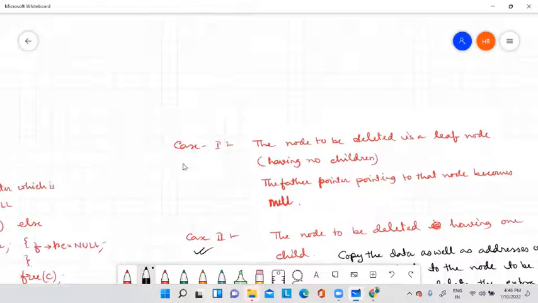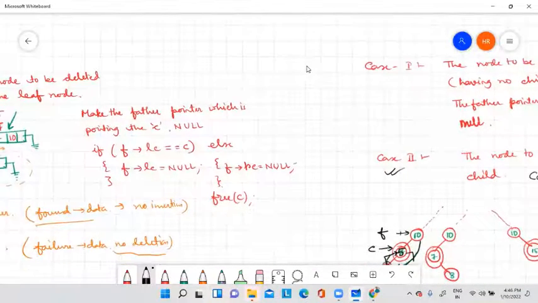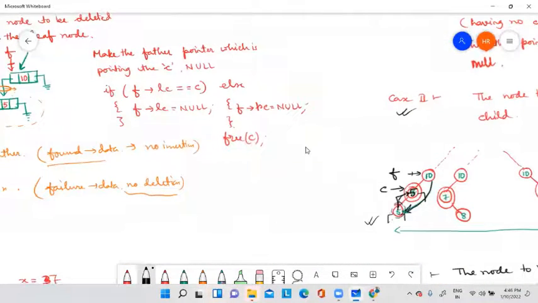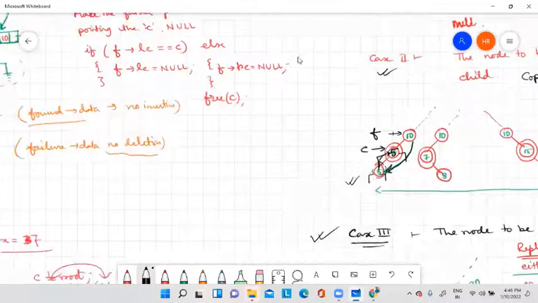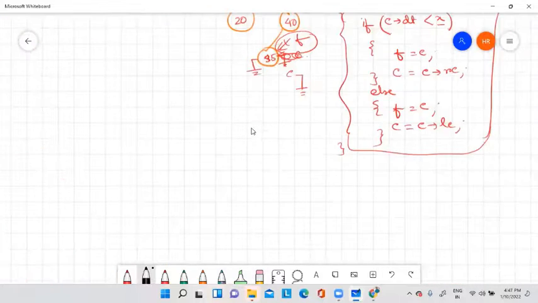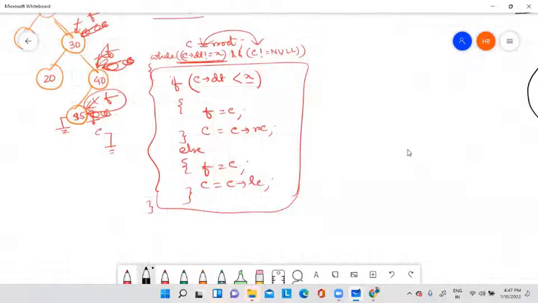When you are going to delete something from a binary search tree, first you have to perform the searching operation. First you have to check whether your searching is possible or not. If you are going to perform insertion, then you have to stop when C equals null, meaning the element is not found.